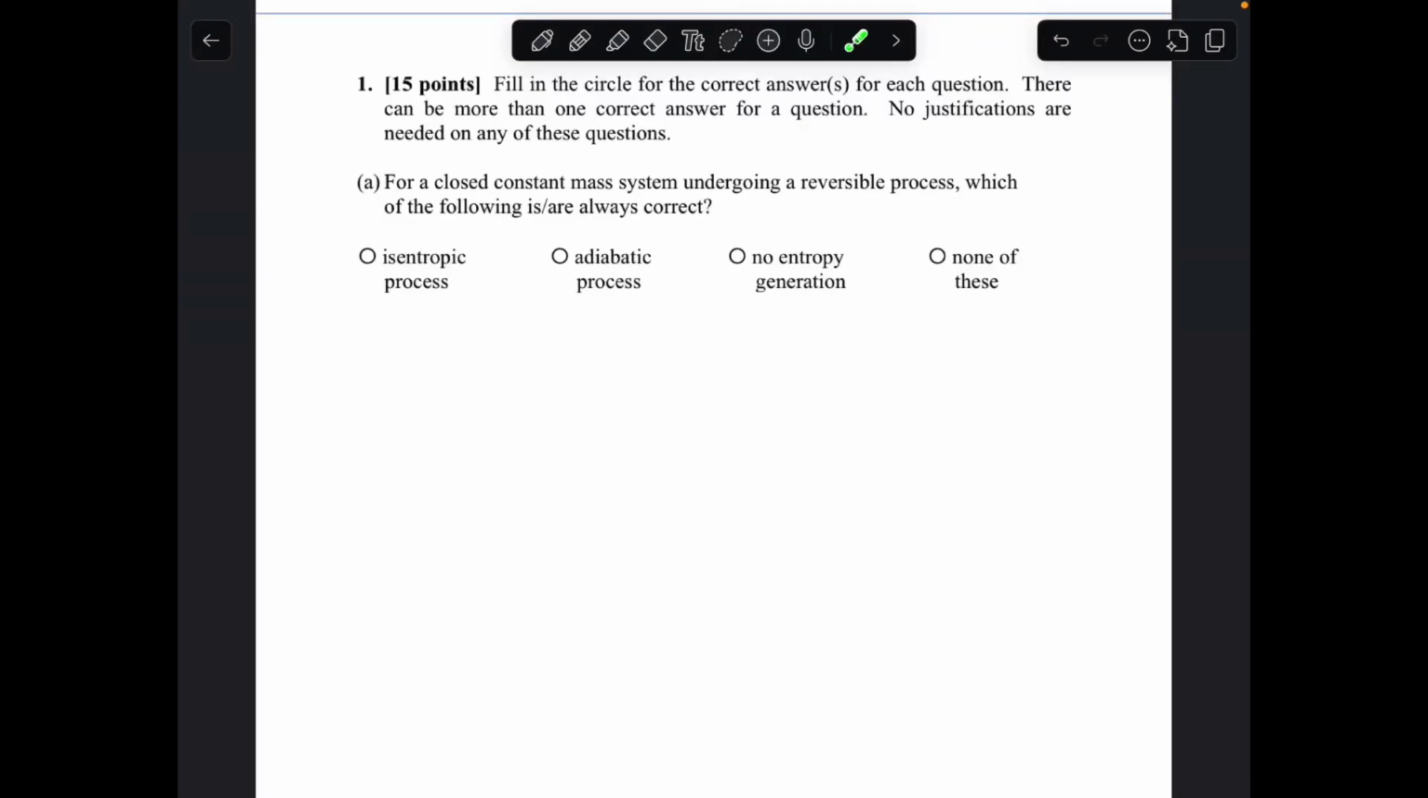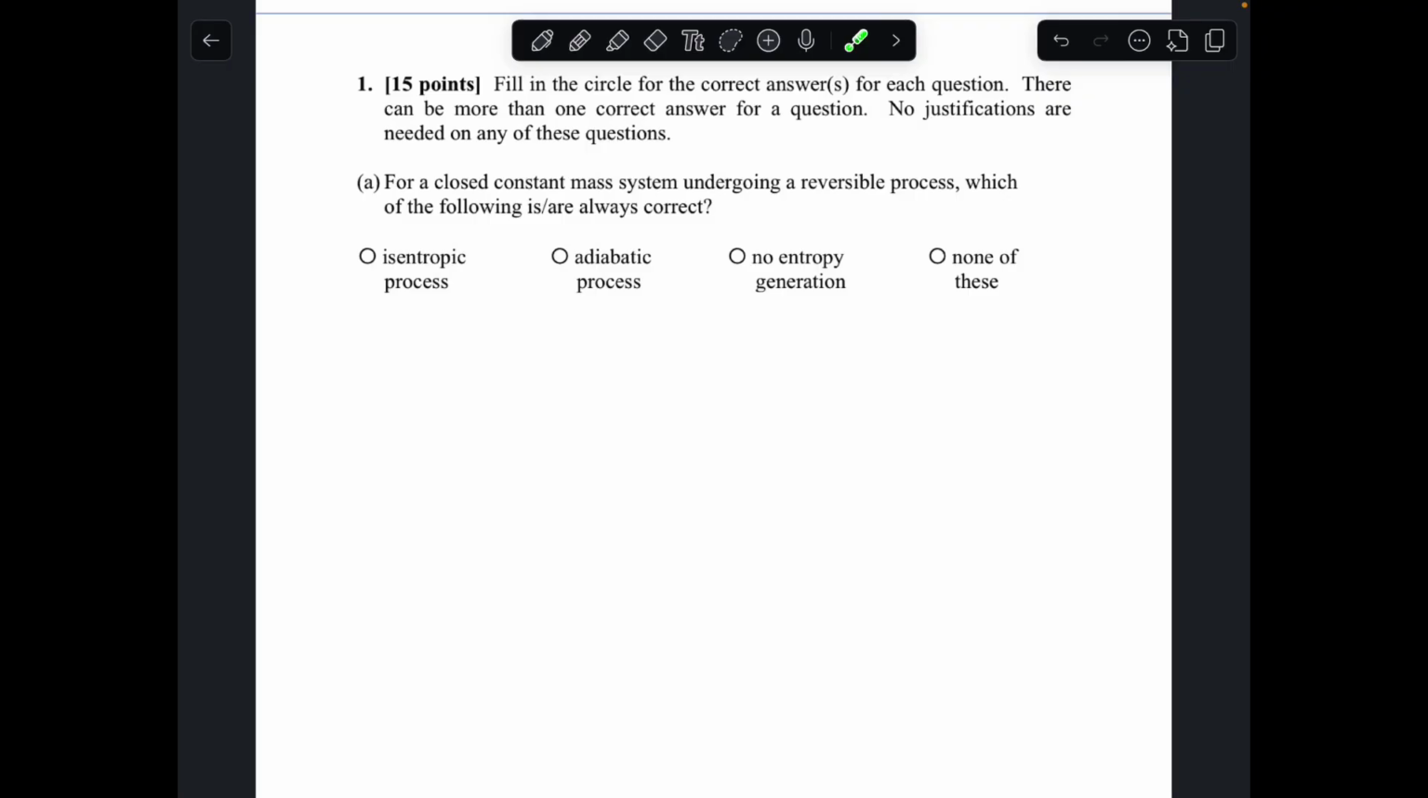Okay, let's jump into number 1 on this practice exam for exam 3. So number 1 is a multi-part problem that says fill in the circle for the correct answers for each question. There can be more than one correct answer for a question, and no justifications are needed on any of the